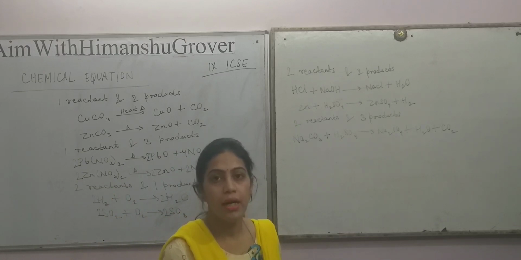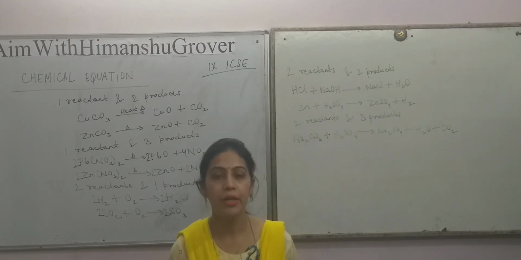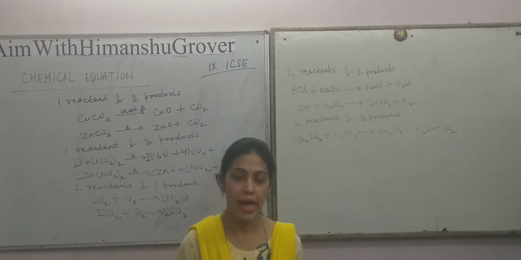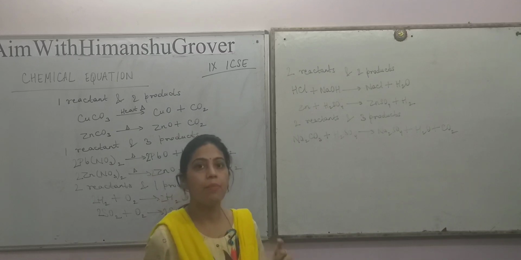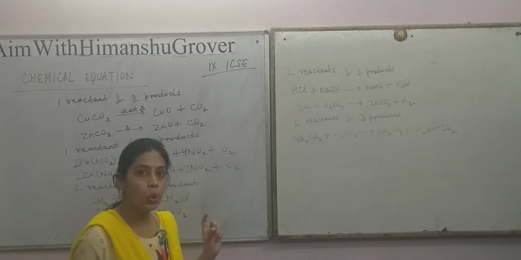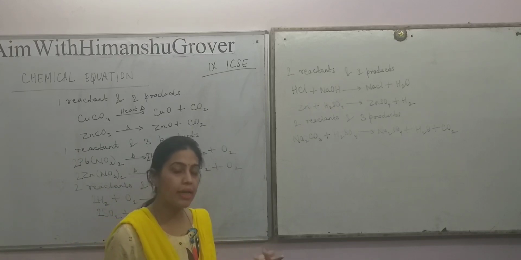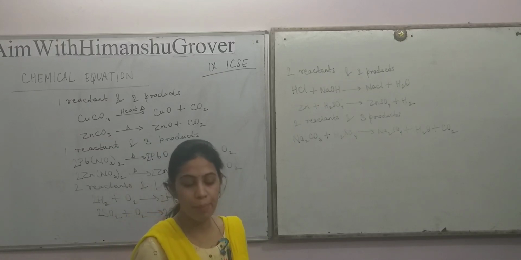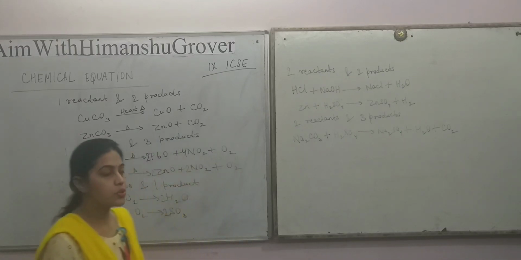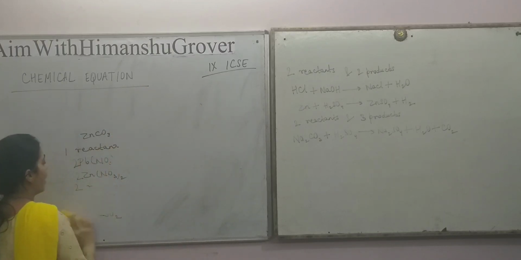Skeleton equation: an equation in which the number of atoms of each element on both sides of the arrow may or may not be the same. जब हर एक element के number of atoms दोनों साइड में, that is reactants और products में equal हो भी सकते हैं या नहीं भी हो सकते हैं, then that equation is called a skeleton equation. That means कि उन्हें balanced नहीं किया गया है. उस equation को कहा जाता है skeleton equation or unbalanced equation.